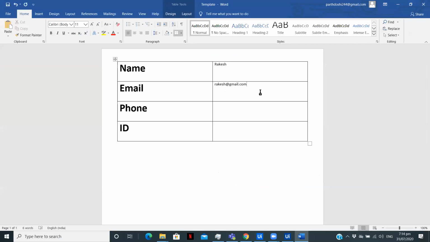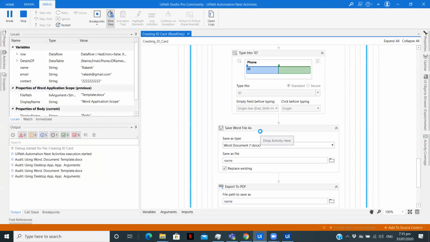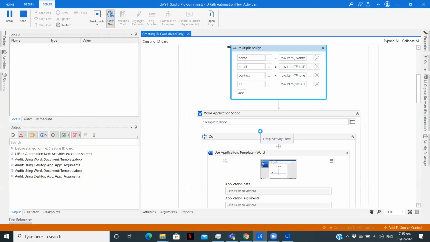Now this is the second ID card getting created. We have total 4 entries as we saw. Now again saving. So it is saving the Word file and converting it to the PDF. Now it is creating the third one.